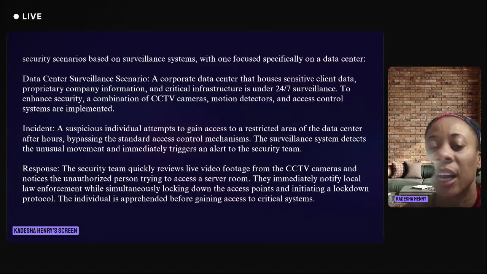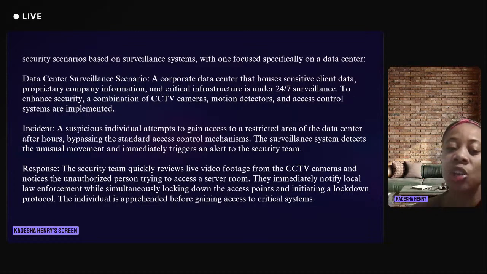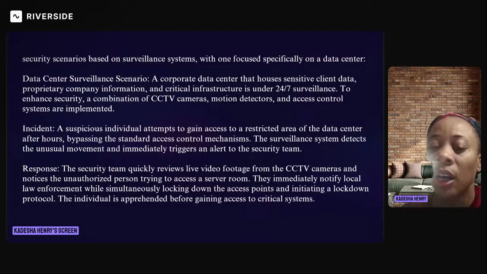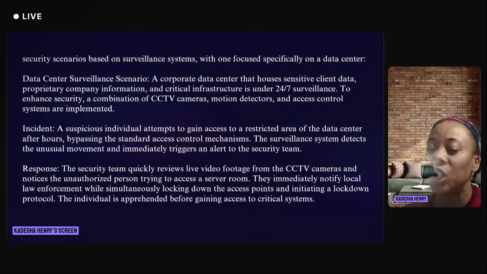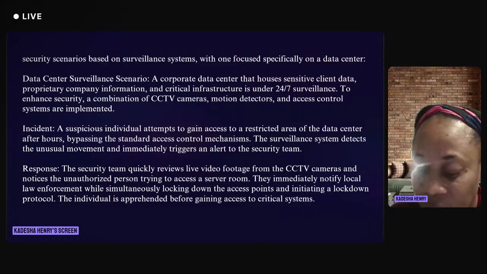Incident: a suspicious individual attempts to gain access to a restricted area of the data center after hours, bypassing standard access control mechanisms. The surveillance system detects the unusual movement and immediately triggers an alert to the security team. Response: the security team quickly reviews the live video footage from the CCTV camera and notices an unauthorized person trying to access a server room. They immediately notify local law enforcement while simultaneously locking down the access point and initiating a lockdown protocol. This individual is apprehended before gaining access to critical systems